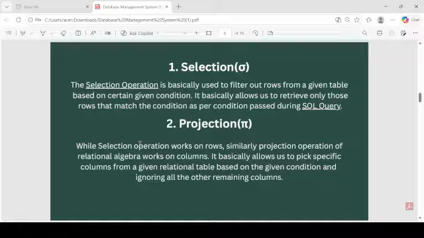Like we have a student table and we want to fetch only the name and age of the student, so we use the projection operator here to select specific columns. It allows us to pick specific columns from a given relational table based on the given condition, ignoring all the other remaining columns.